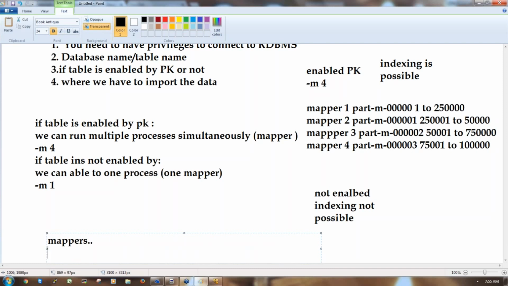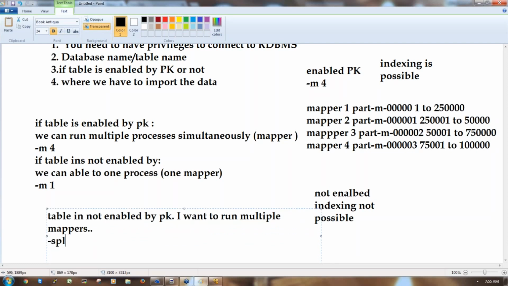We have to manually specify the split-by. I have to specify how I want to split the table. With the split-by parameter, we can use multiple mappers for a table which is not enabled by the primary key. It's simple. Just remember these three lines. First, if the table is not enabled by the primary key, we use only one mapper.